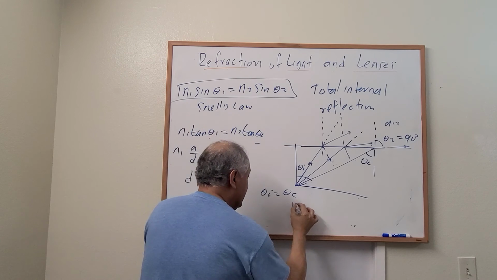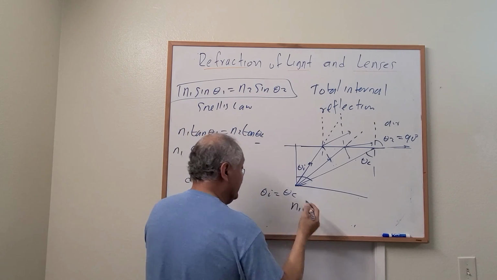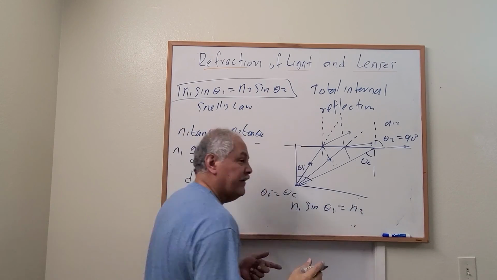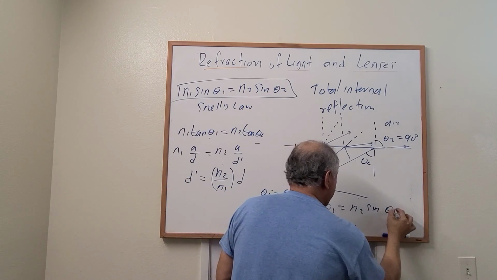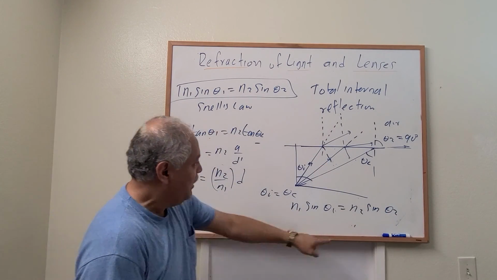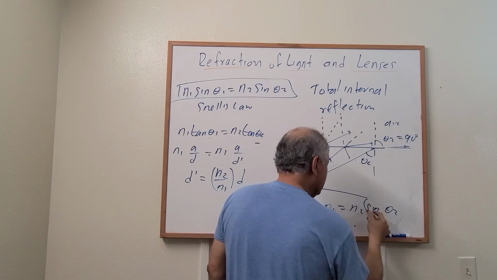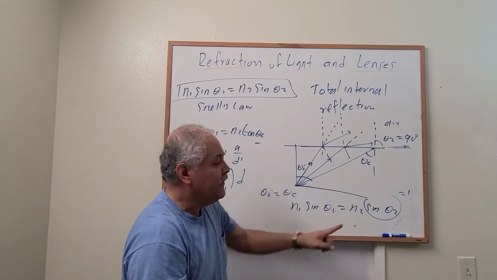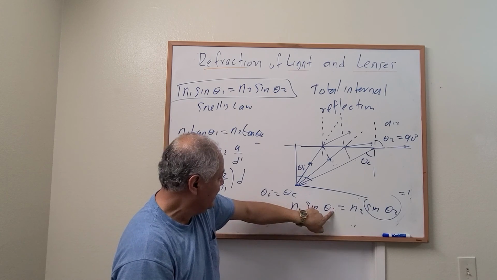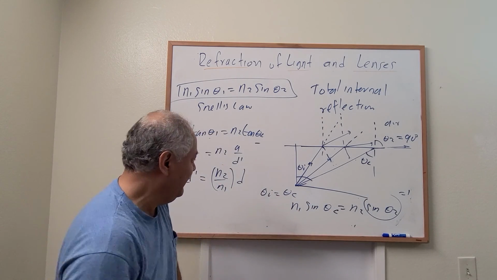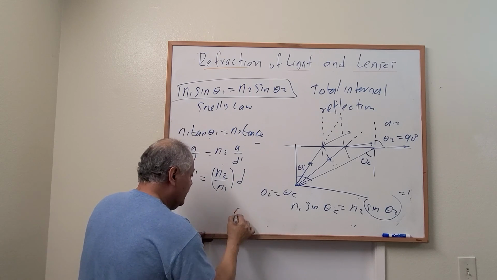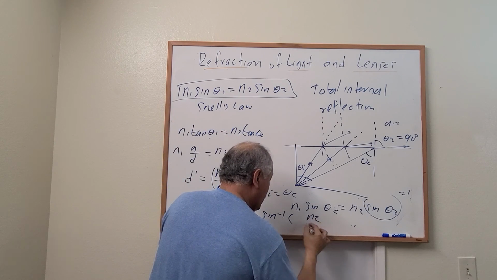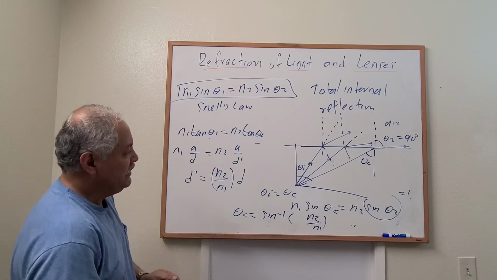We have the incident index of refraction times sine theta 1 of the incident angle equals the refracted index of refraction times sine theta 2 of the refracted angle. But what is the refracted angle? 90 degrees. Sine 90 degrees equals 1. In this case, where the angle is 90 degrees, the incident angle becomes the critical angle. Now, how do we find the critical angle? The critical angle equals the inverse sine of n2 over n1. And this is the way we